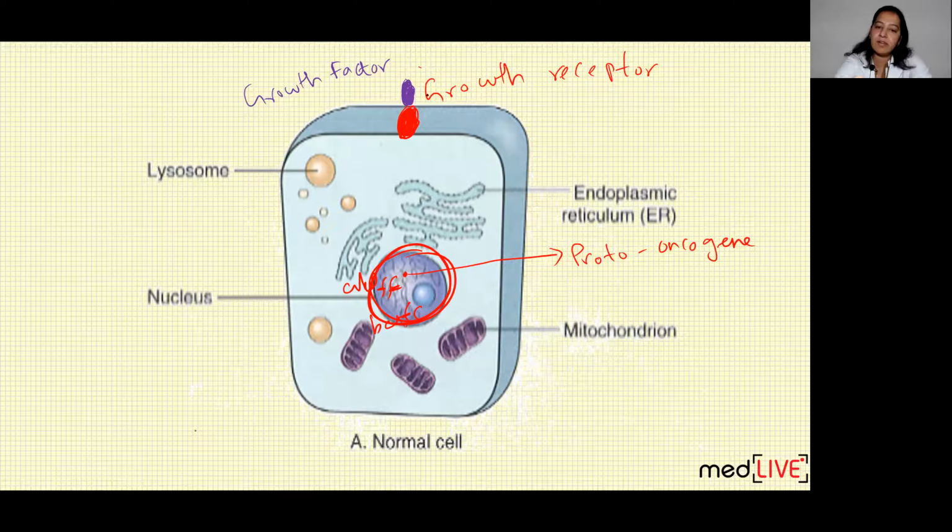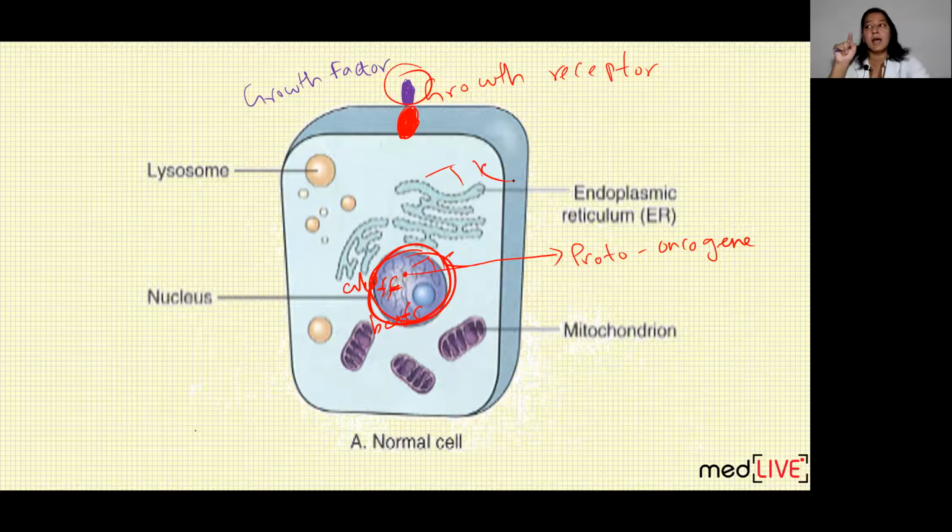When growth factor comes, then only it will divide. When growth factor binds with the growth receptor, there is an enzyme in the nucleus known as tyrosine kinase. It gets stimulated and it will cause cell division. This enzyme is in the cytoplasm, formed with the help of ABL and BCR, which are present on chromosome 9 and chromosome 22 respectively. This occurs normally.